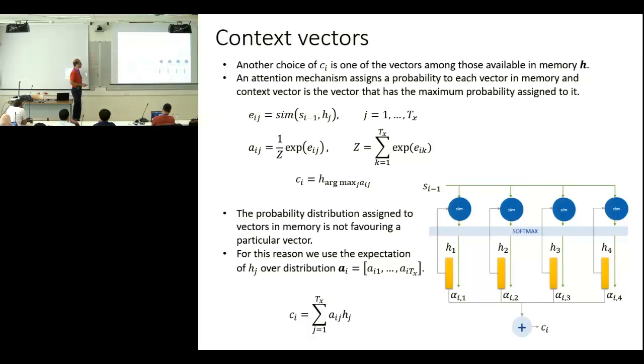For this reason, a better choice, instead of using the argmax, is to take the mean, for example, to take the expected value through the hidden states of the encoder. And this mean is used as context information to drive the generation of the decoder for the next time